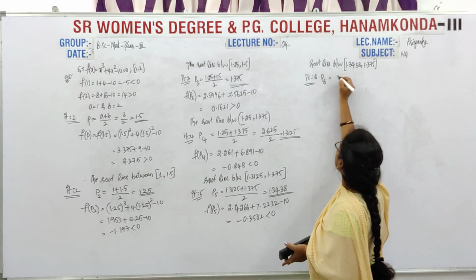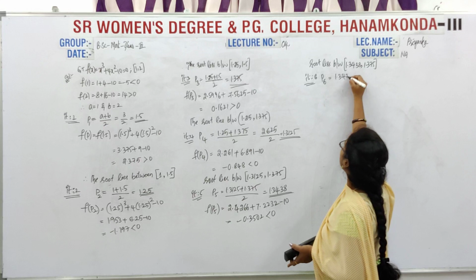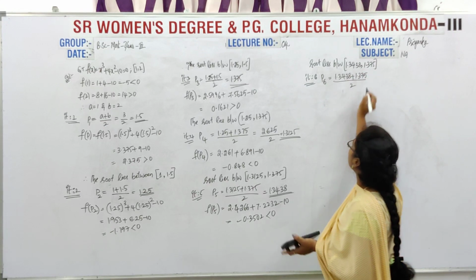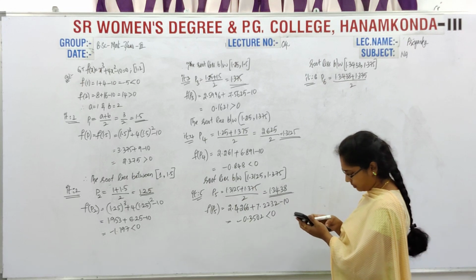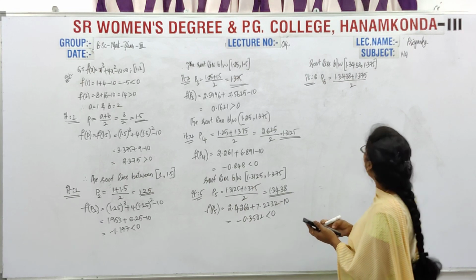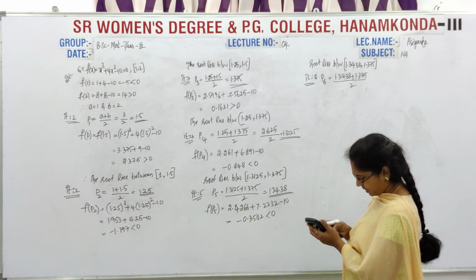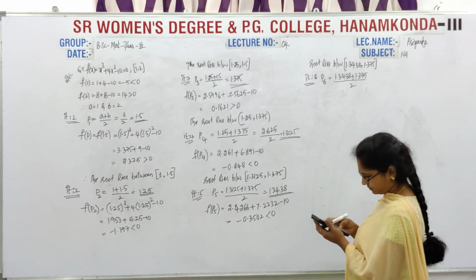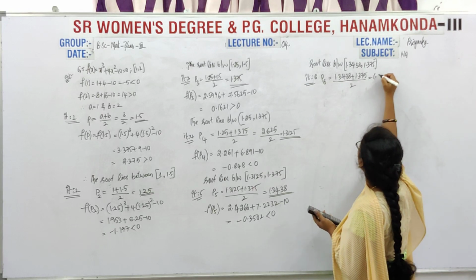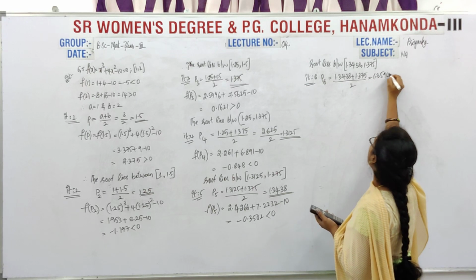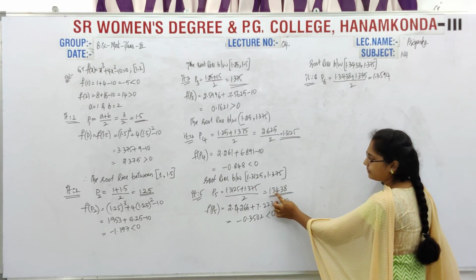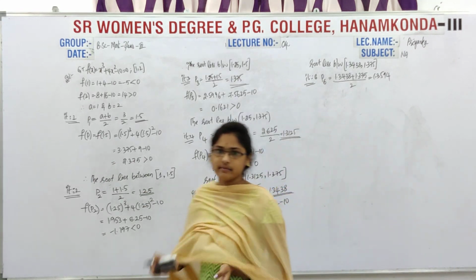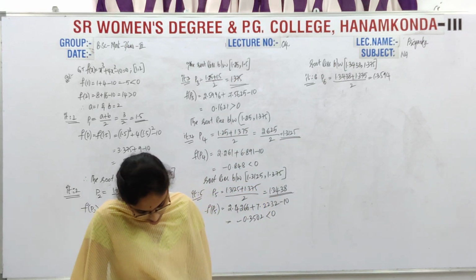Now P6 is equal to (1.3438 + 1.375)/2. So now here what we get? 1.3438 plus 1.375, so whole divided by 2. Yes, now it is nothing but very near but not exact, 1.3594. Now here we have 1.3438. Here we have 1.358. So that's why again I am going for the next iteration.